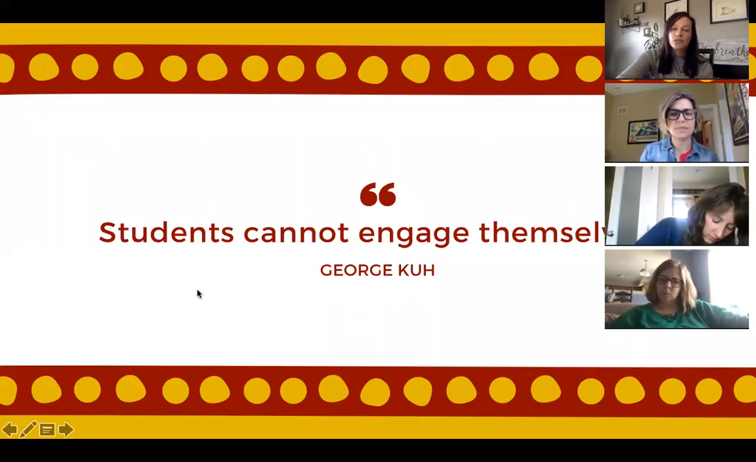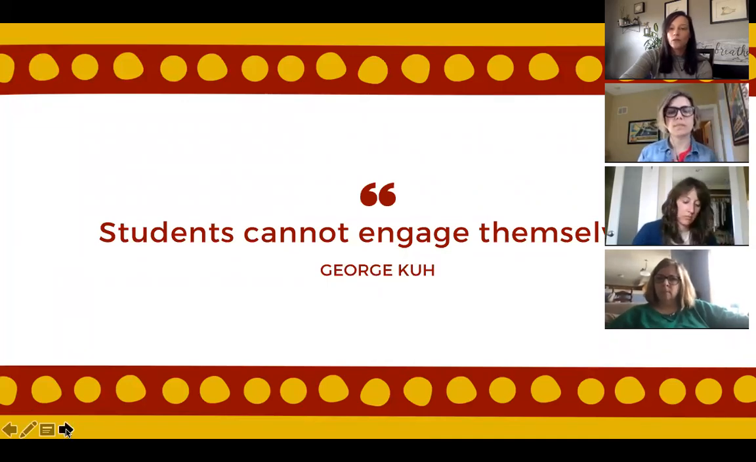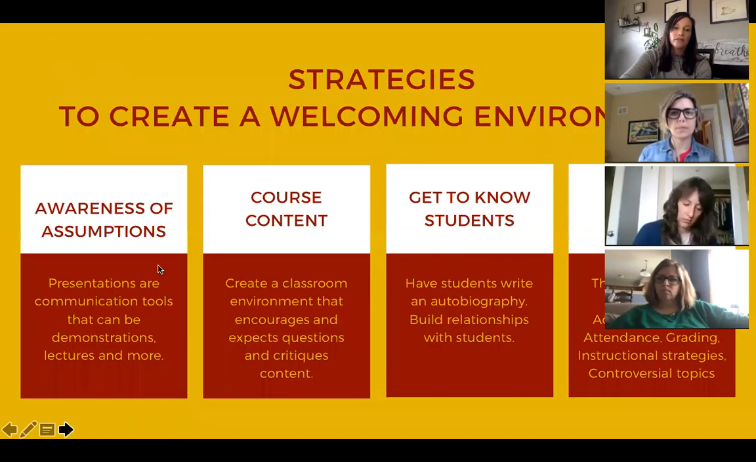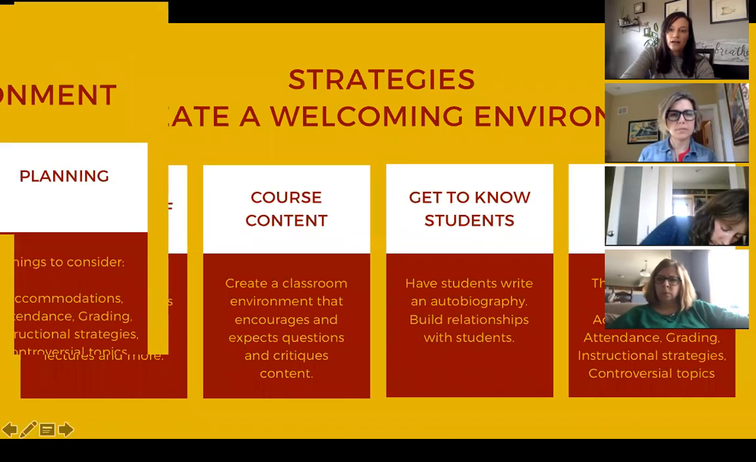This is a quote by George Q, who is a student development or student engagement expert in higher education. And I think it goes without saying, but I'm going to say it, students cannot engage themselves, right? When we talk about leadership, it's important for us to connect with the students and do all of these things. It takes a lot of work to build community and create a welcoming environment. So some of these strategies I wanted to talk about are the awareness of our own assumptions. And I think many of you mentioned that idea today. We talked a little bit about course content and getting to know students. And